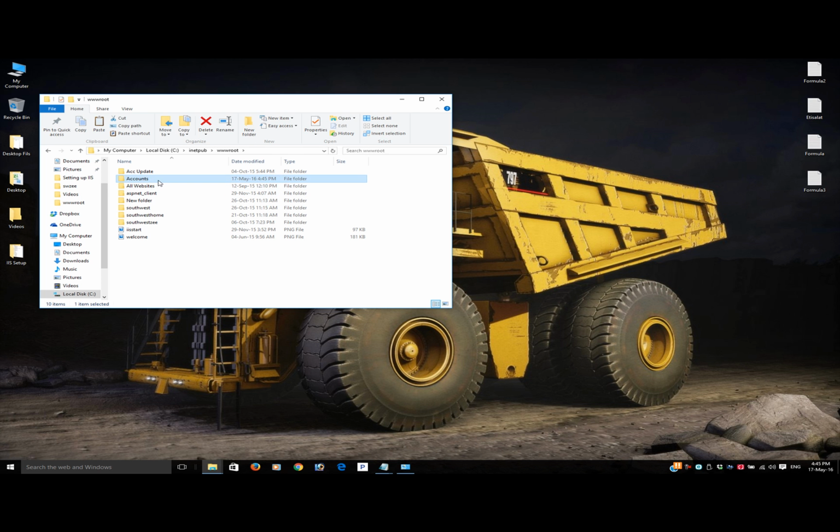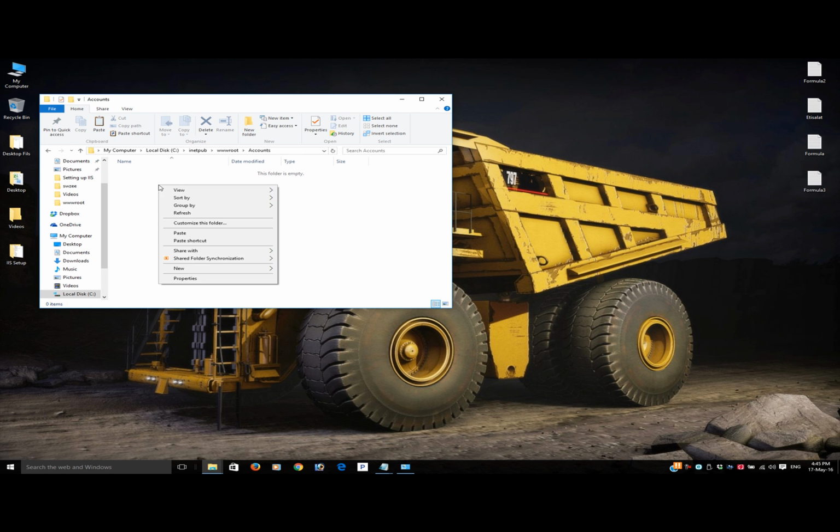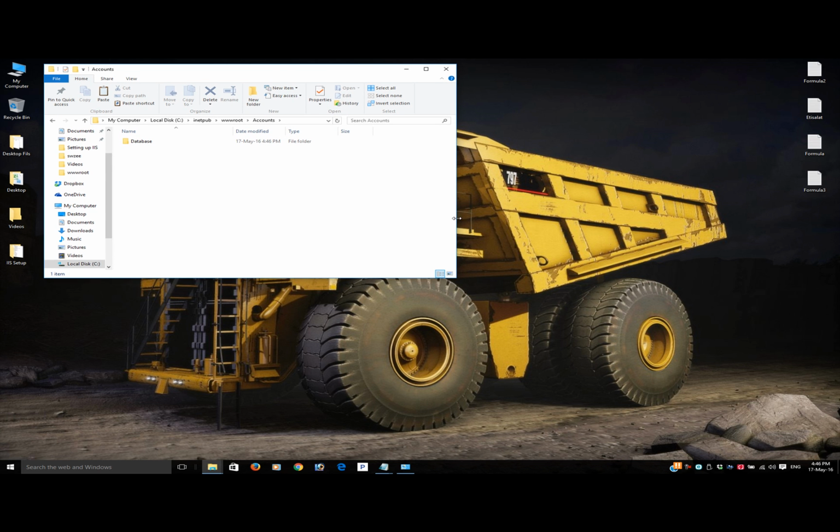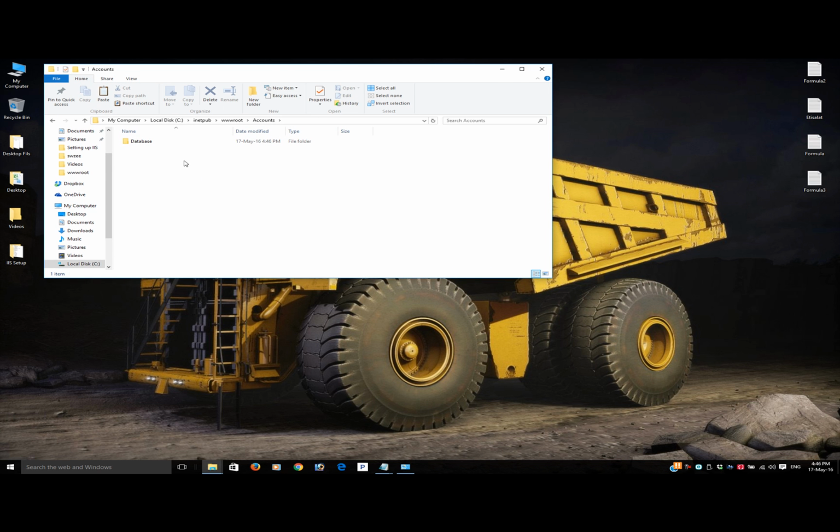Okay, so we have one folder, accounts, and in accounts we're gonna make another folder, which is going to be our database folder. Alright, this is one folder that we make. This is the folder where we're gonna upload our files,